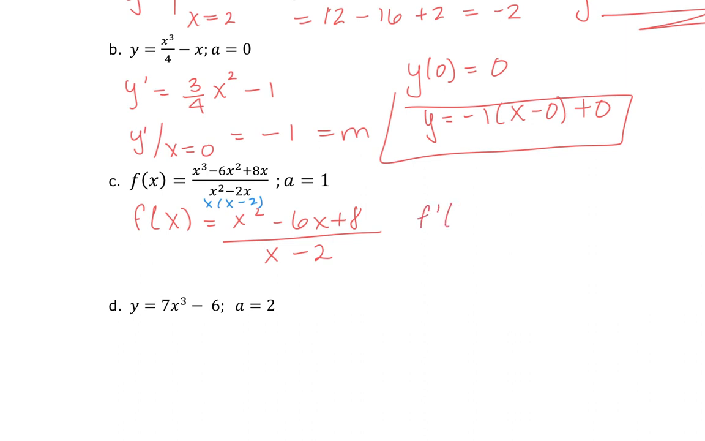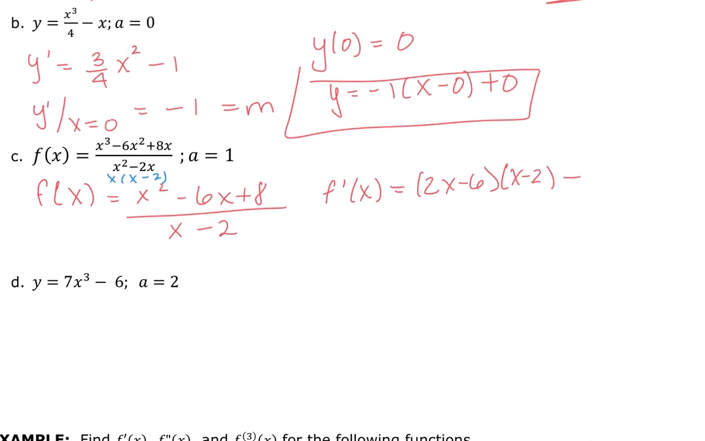So f prime of x, it's going to be the derivative of the numerator, which is 2x minus 6, multiplied by my denominator, which is x minus 2, minus the derivative of the denominator, which is just 1, multiplied by the numerator, which is x squared minus 6x plus 8, all divided by my denominator squared, so x minus 2, the quantity squared. And if I do the evaluation at 1